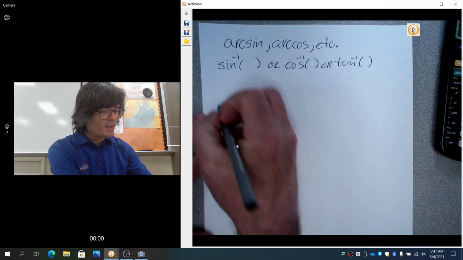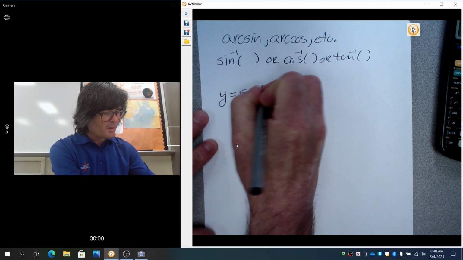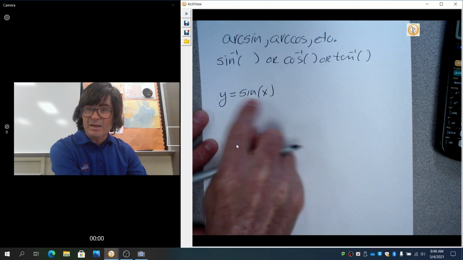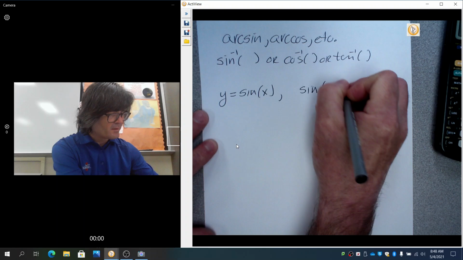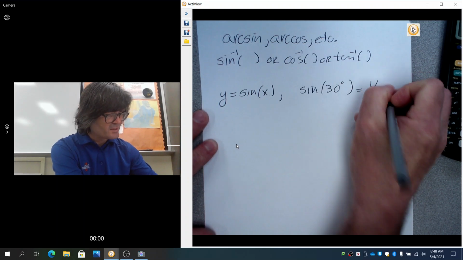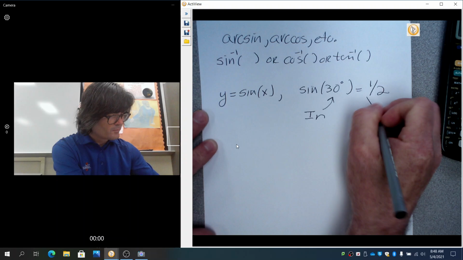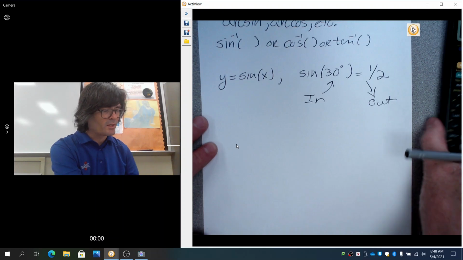Typically, if you have just a regular sine, this is the input, that's the output. With a regular sine, you put, say, 30 degrees into sine, and it says, well, that's a half. This is the in, and that is the out. And you can kind of recall that,